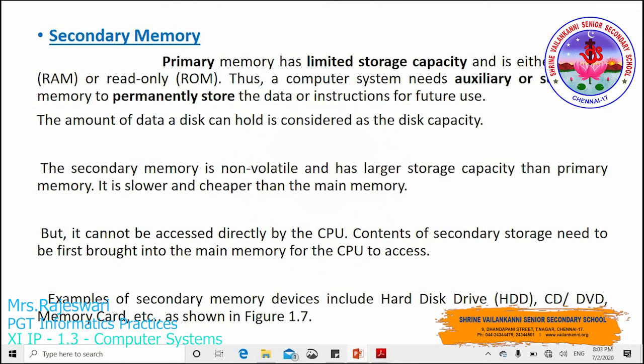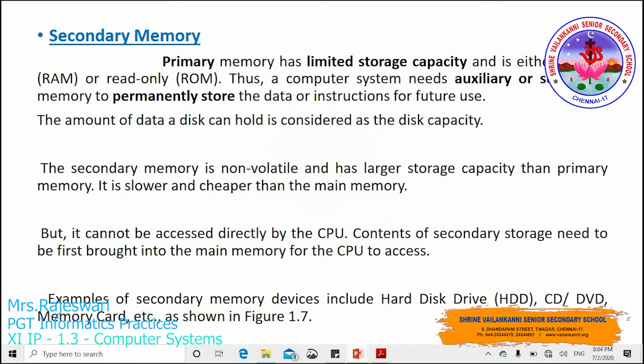So you can make use of everything to store data for permanent usage. And the secondary memory is a non-volatile memory, which, as I have told you, cannot be erased so easily. You can store it permanently, and it has the largest storage capacity when compared to the primary memory as well. When you connect a hard disk drive or a USB to the computer, the data which you store inside the USB drive or the hard disk cannot be accessed directly by the CPU, because the contents stored in the secondary memory should first be brought into the main memory.